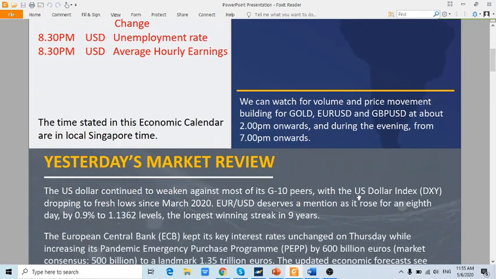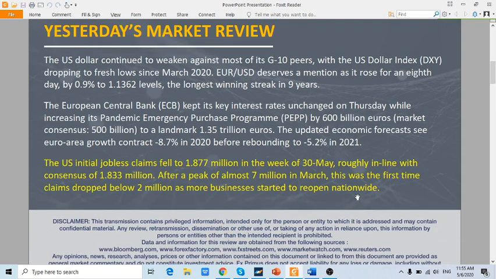Moving down a little bit further, as mentioned, shortly we'll be looking at part 2 of the market updates and analysis, where we'll be looking at the economic results and also how those results impacted the currency prices and also commodity prices on the MT4 charts. But just a general recap in terms of movements for the US dollar. The US dollar is still on a bearish mode, as I mentioned even in yesterday's technical analysis. The US dollar continues to weaken and currently is at fresh lows. It hasn't been at this current low since the end of March 2020.